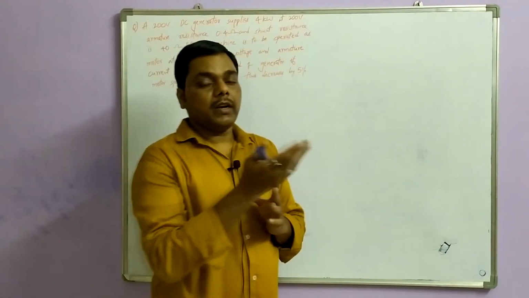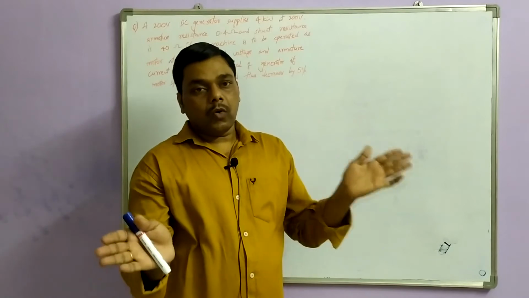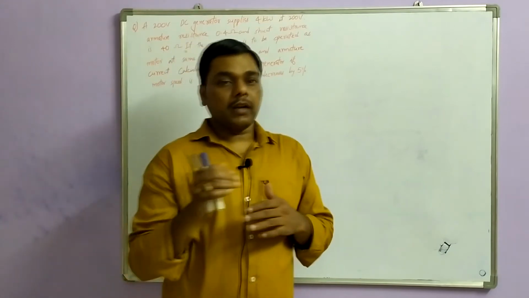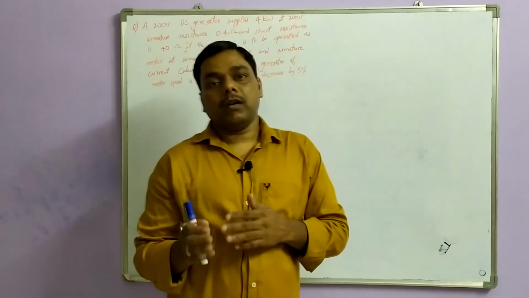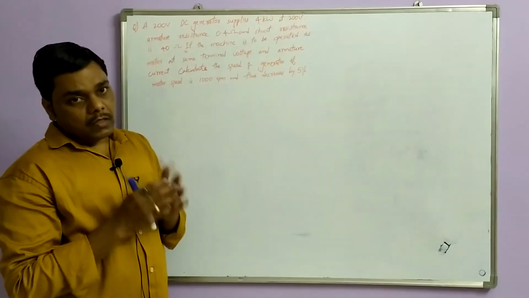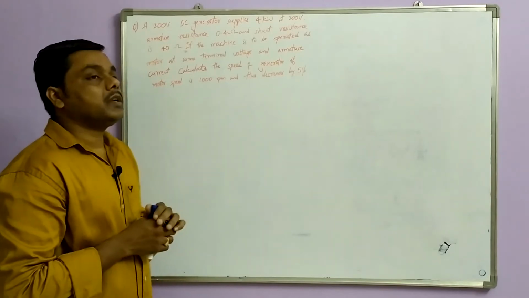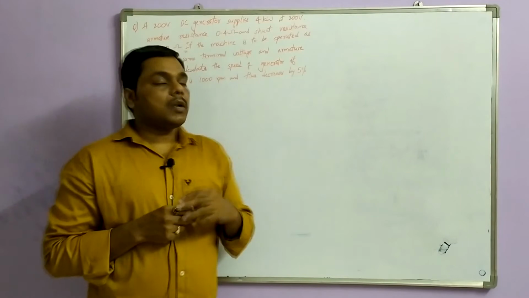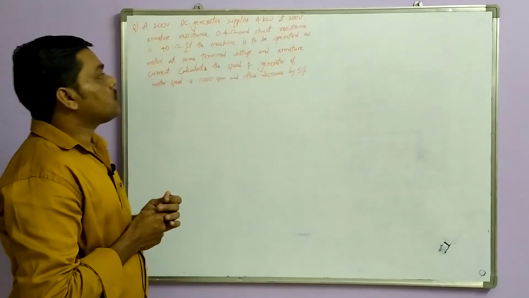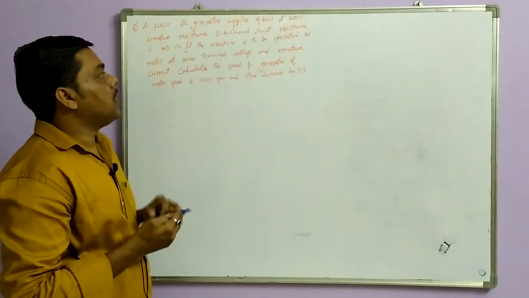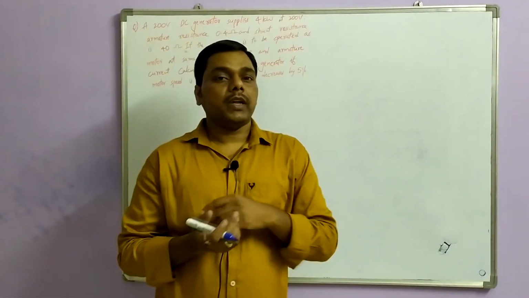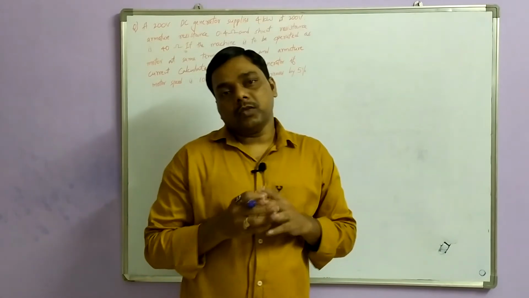If it is a generator, the current is delivered and divides into load and shunt field current, whereas in a motor the line current coming in is divided into shunt and armature. So the armature current is fixed, then we have to find out the speed of the generator if the motor speed is 1000 rpm and the flux decreases by 5%. Now we will go for the solution. Overall we have to calculate both cases, as a generator as well as a motor. Then it will be very easy to understand this problem.